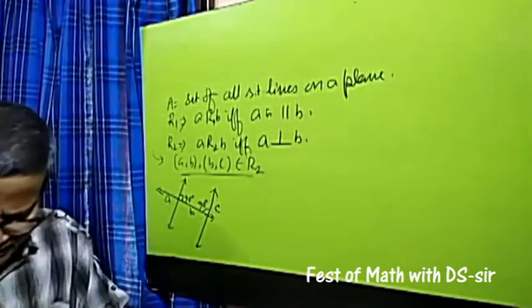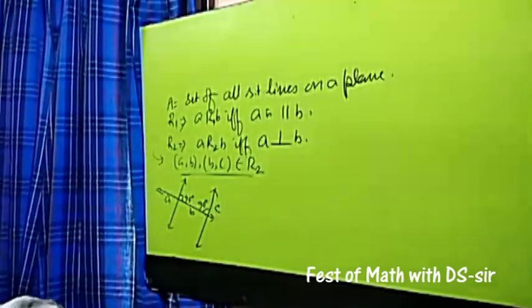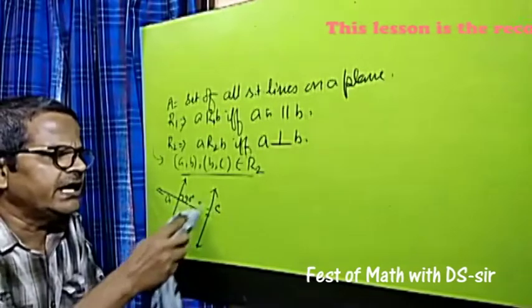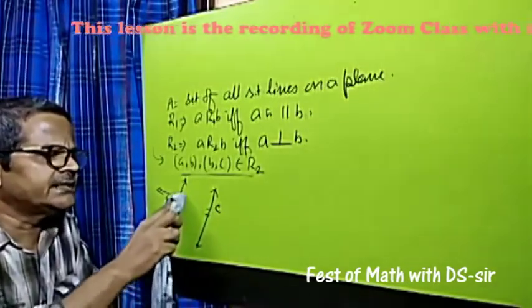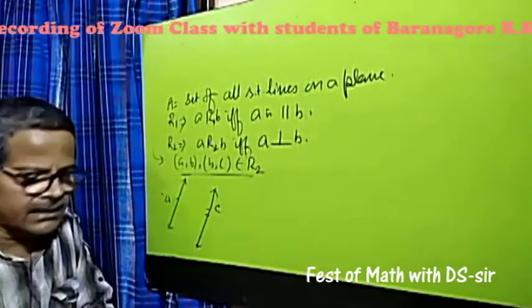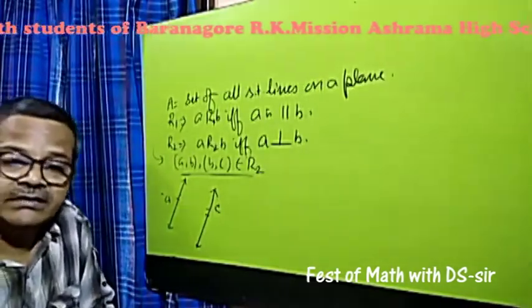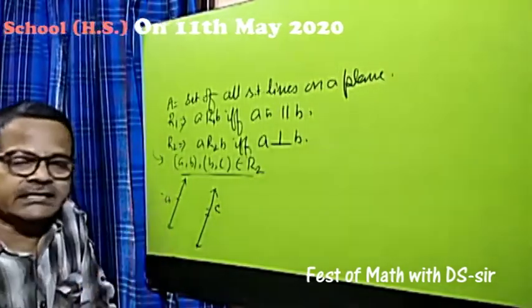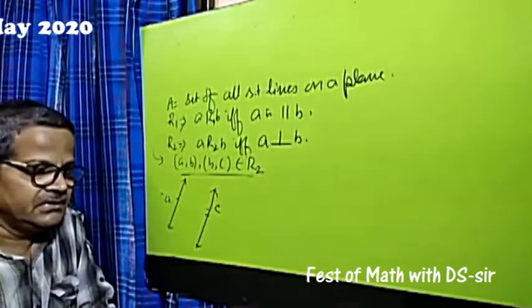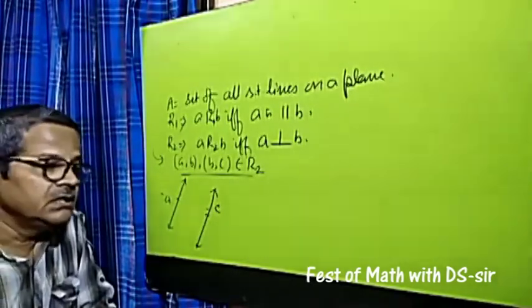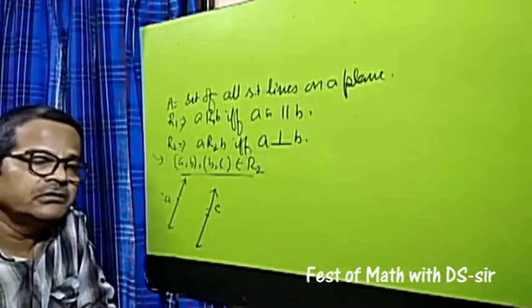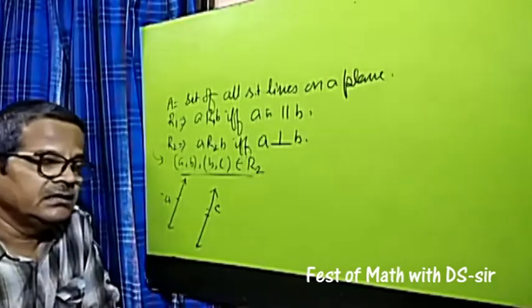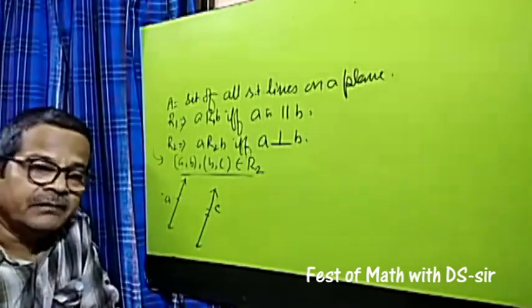Now if we eliminate B from the middle, we will have two lines A and C which are non-perpendicular, they are parallel. So this relation is non-transitive. To be transitive, A must be perpendicular to C. But according to the geometry, A and C are parallel instead of being perpendicular.